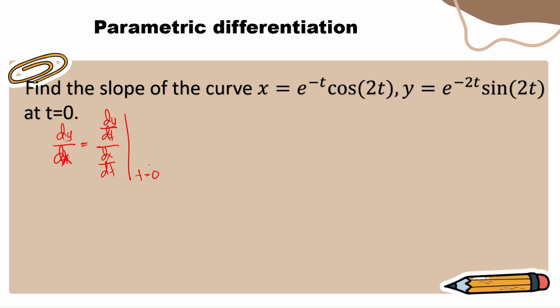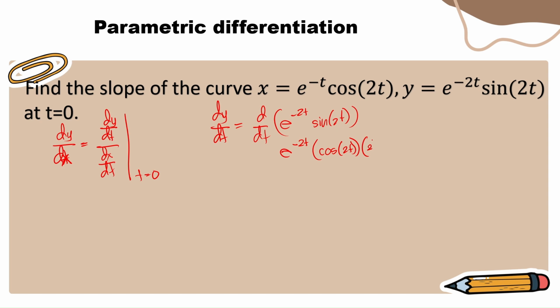So, how are we going to perform that? Start with dy over dt. So let's get the derivative of y. That's d over dt of e raised to negative 2t sine 2t. And we can obtain the derivative of our y by applying the product rule. To apply the product rule, first we're going to copy e raised to negative 2t, then get the derivative of sine 2t. The derivative of sine 2t is cosine 2t, then multiply it with the derivative of 2t,